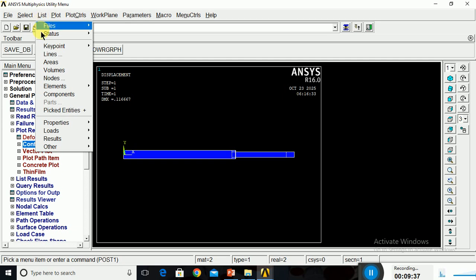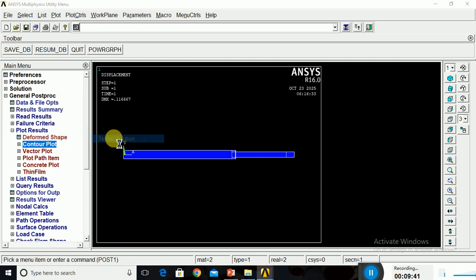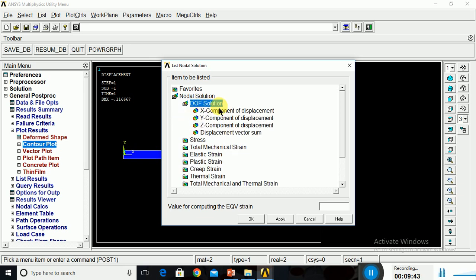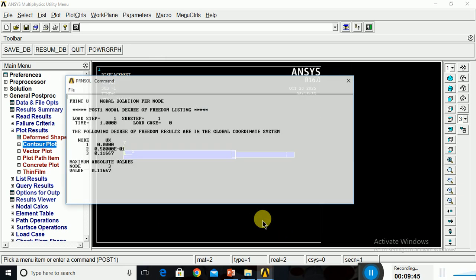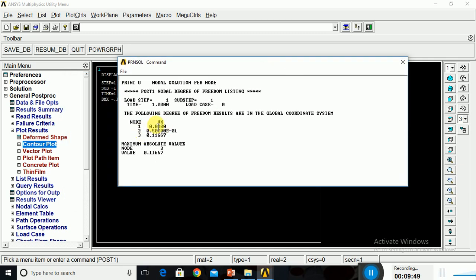You can go to the list option and the result and the nodal solutions, degree of freedom, x component of displacement. So you can see the result as per the node. Okay, so UX means displacement in the x direction only. For node 1 it is 0 because it is fixed. For node 2 it is 0.5 e to the power minus 1, so it means 0.05, and node 3 it is 0.1167. Okay, so these are the nodal displacements.